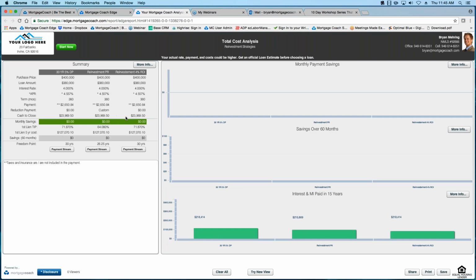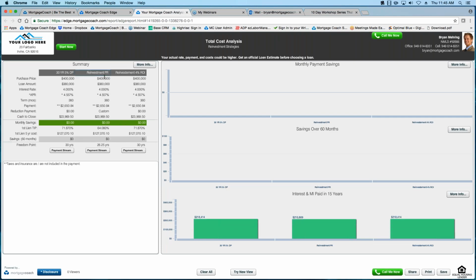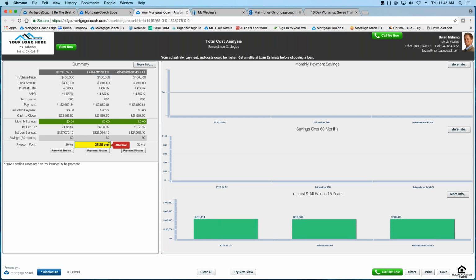Okay, let these numbers populate. So here's principal reduction. They're going to shorten the term of their loan. Here they're still going to have it for 30 years. But if you look down here in the bottom right-hand corner, it's showing interest in MI, and it's showing 15